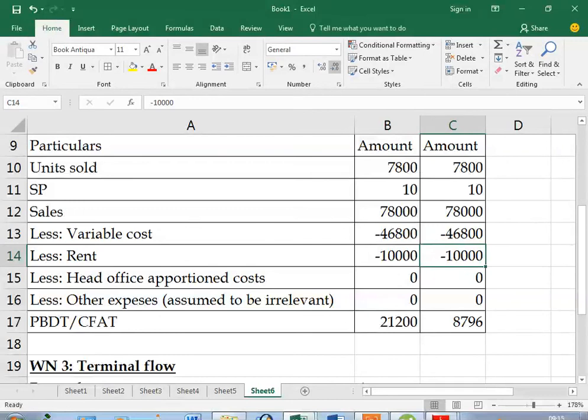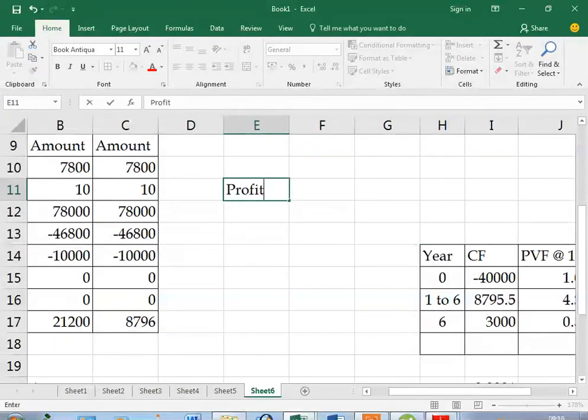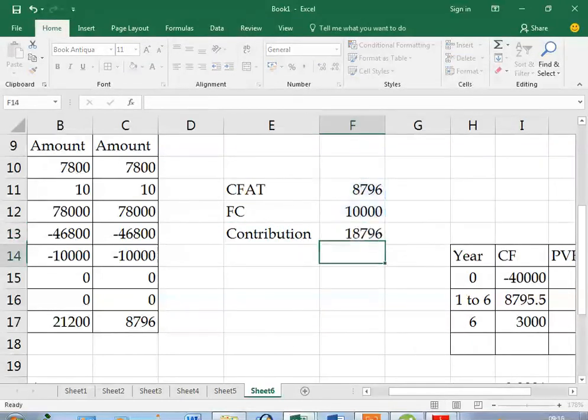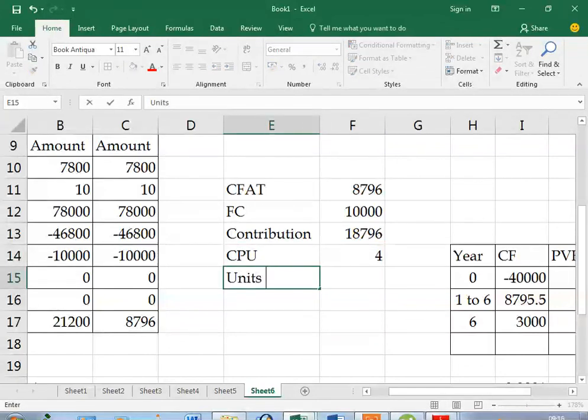Sorry, listen for some time. Profit is 8796. This is what I need. CFAT, I need a CFAT of 8796. Fixed cost is 10,000. Contribution which you need is 18,796. Contribution per unit is 4 rupees, and units to be sold is